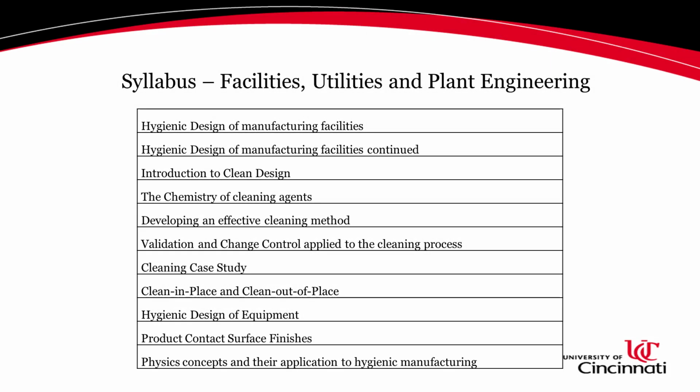For facilities, utilities, plant engineering, hygienic design, so all the stuff you're very familiar with. Like Brian Downer, again, helped us from Sani-Matic, gave us some training material. There's a number of other companies. I haven't heard the name mentioned, but I'll bet they're also members of 3A, who are service providers to the industry or manufacturers of equipment to the industry, who gave us training material for this. So as I say, it's all recorded by brand owners, contract manufacturers, service providers, equipment providers, to get across their